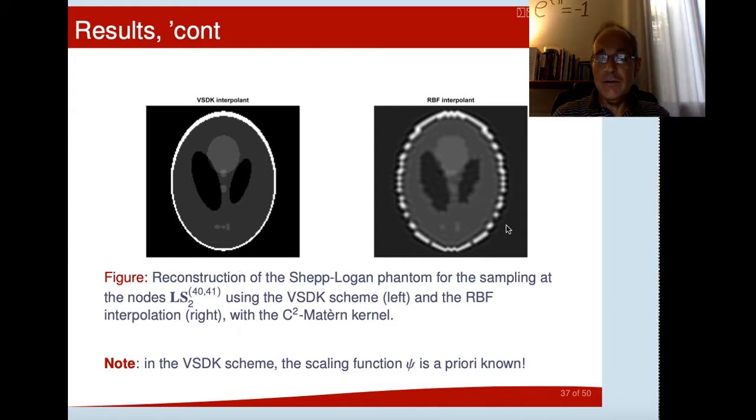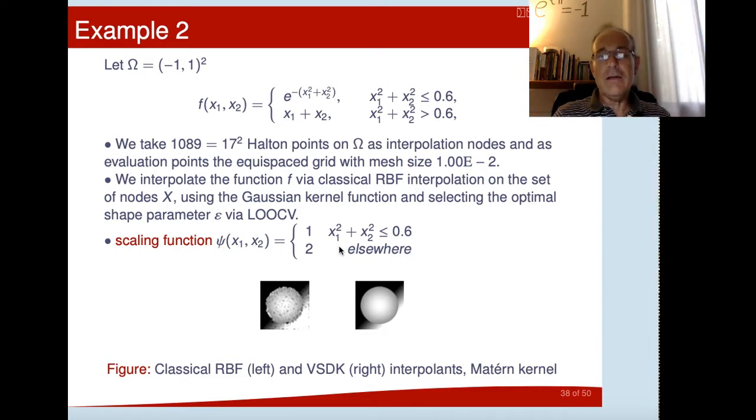And this is what we get simply using the RBF interpolant. So there is a very poor reconstruction of our shape. And so the VSDK scheme performs much better if the scaling function is known a priori. But now, there is another simple example that shows this visually,